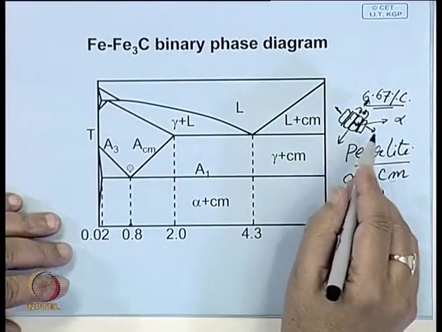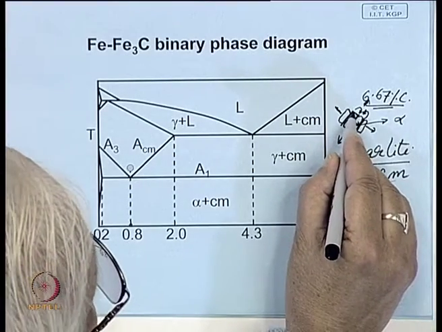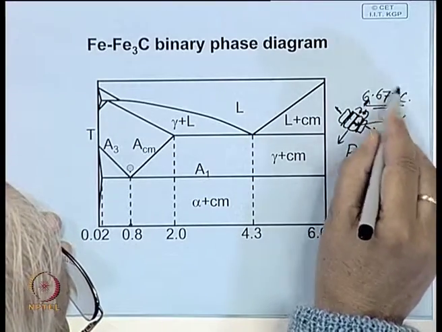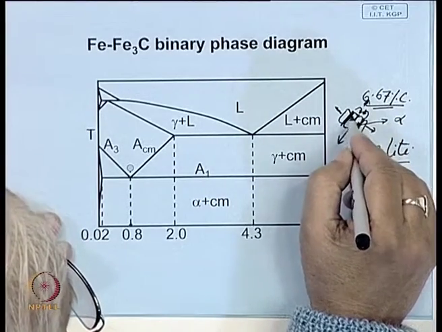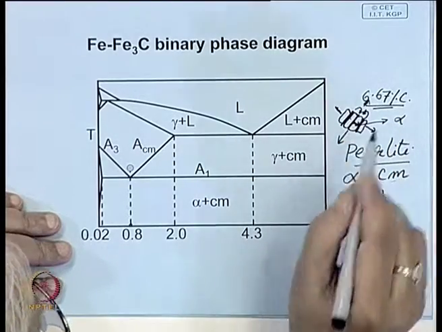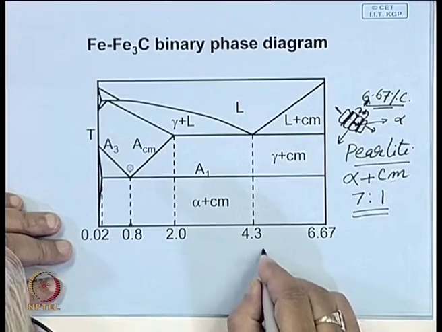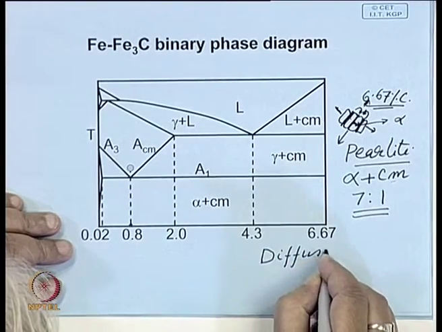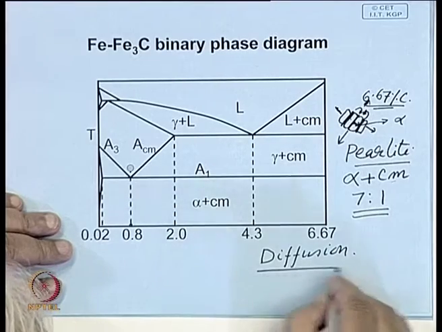We looked at the process here. When the cementite precipitates out, it takes carbon from the side. So, carbon has to move. That means you have to allow time for movement of carbon atoms, that is diffusion,